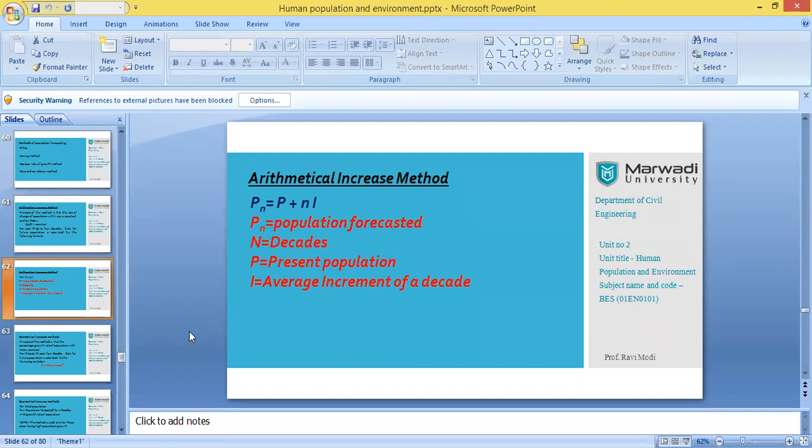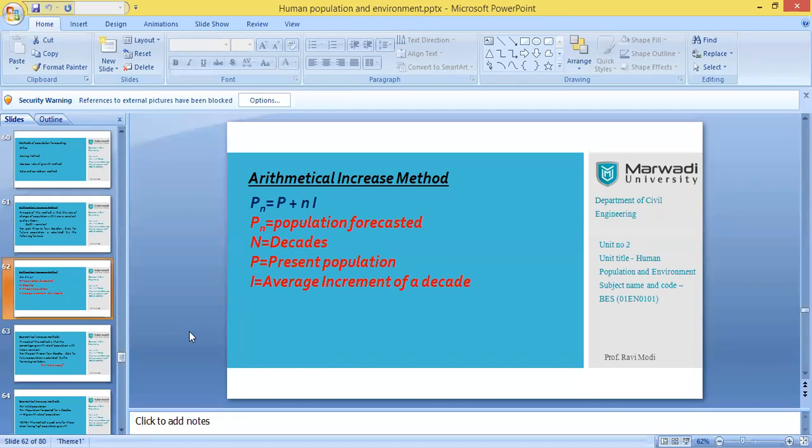Okay, if anyone does not know, just keep it in your mind that the census, that is the calculation of the population, is generally done every 10 years. So in 1991, suppose the population was forecasted and it came out to be 5 lakh people. In 2001, if the population was forecasted and it came out to be 8 lakh 50,000, then the increment in the population is 3 lakh 50,000 for that particular decade.